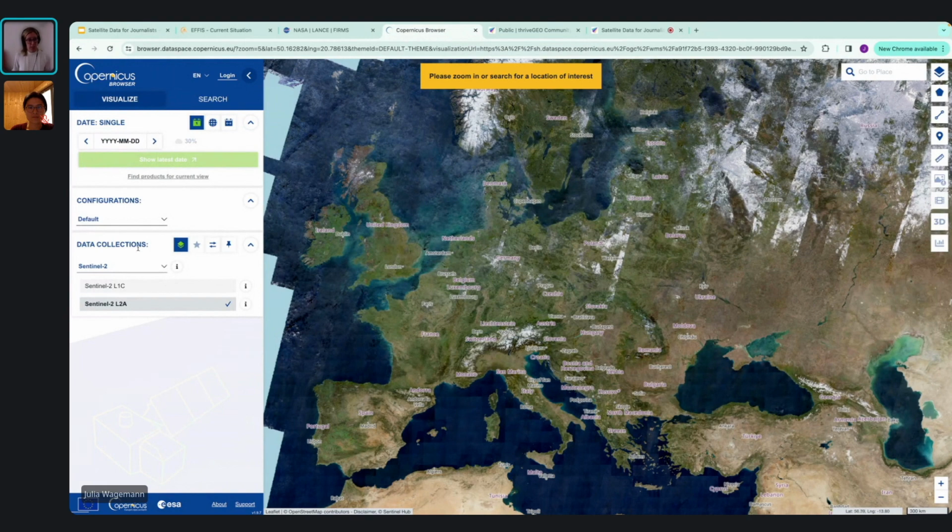So here you can choose different data collections. And then you can also choose a specific date. So let's say we first start with Sentinel-3, so we want to monitor the specific smoke that was emitted through wildfires.